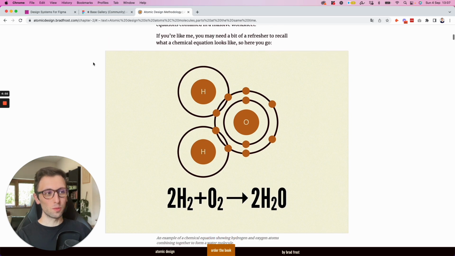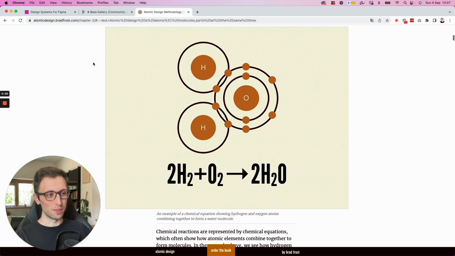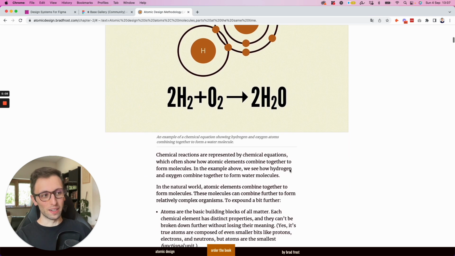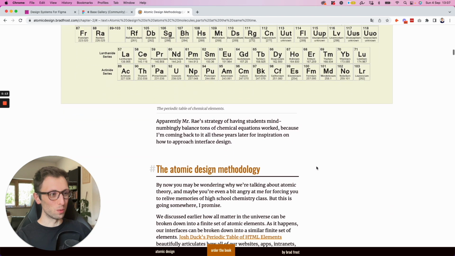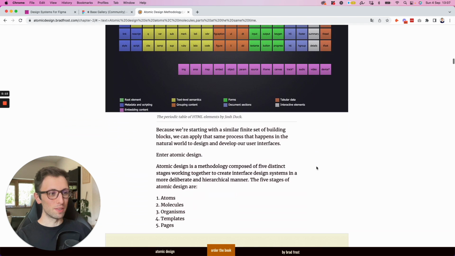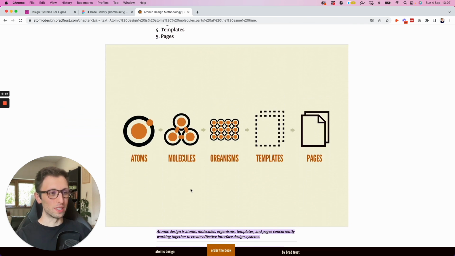So it starts with this analogy where we're talking about chemistry, and as you may know, 2H2 plus O2 makes 2H2O. This is just an example, and you can see that here we're talking about chemistry, but